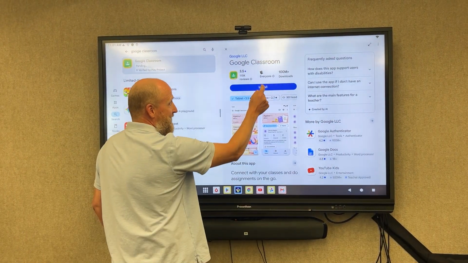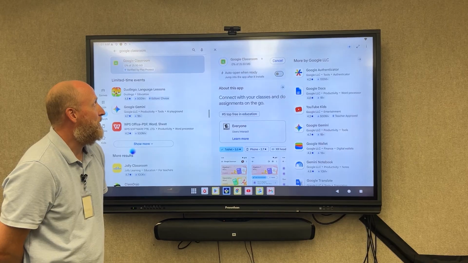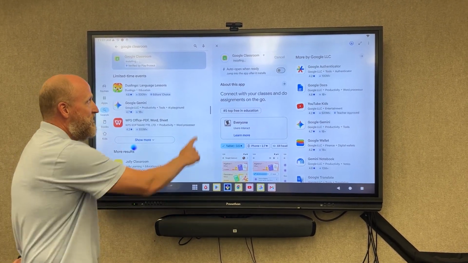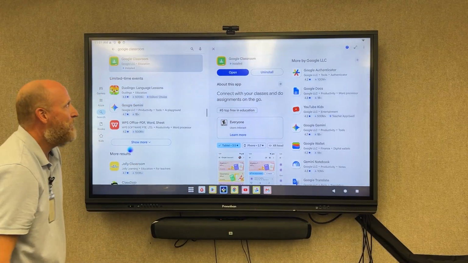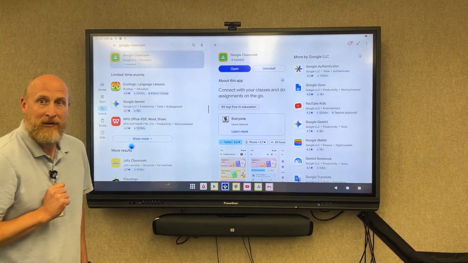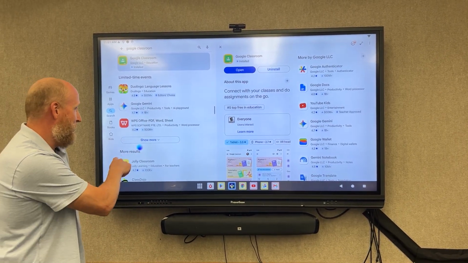You're going to click install, and in just a few minutes, or maybe a matter of a few seconds, it will install for you, which it's doing right now. You can see that right there. And you've got a couple options. You can open it right now, but you may want to add it to your navigation bar, your little blue